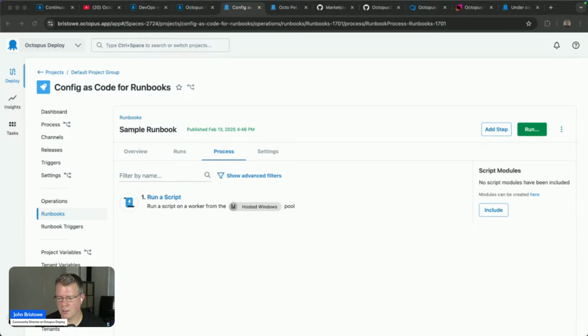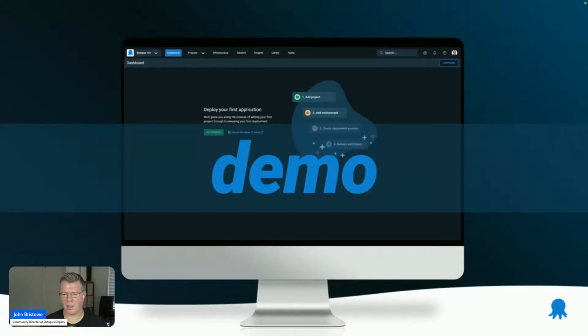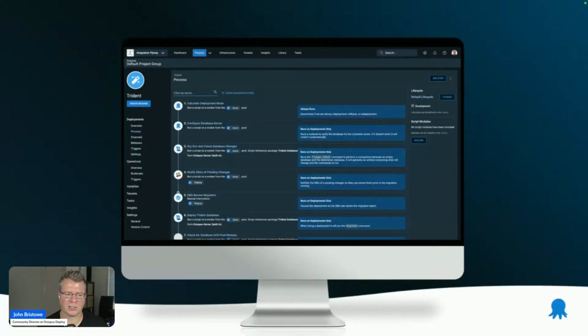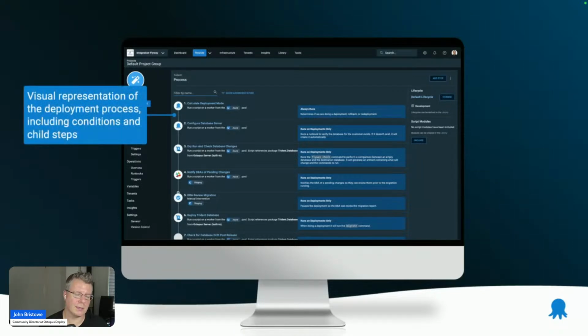All right. So a lot to take in, lots of stuff in the demo. I'll just summarize the things that you saw, and we'll go into some other demos as we go forward. You saw that we have a visual representation of your deployment process through a series of steps. Something that I didn't show off, but I'll highlight here, is that you can have these steps based on conditions.